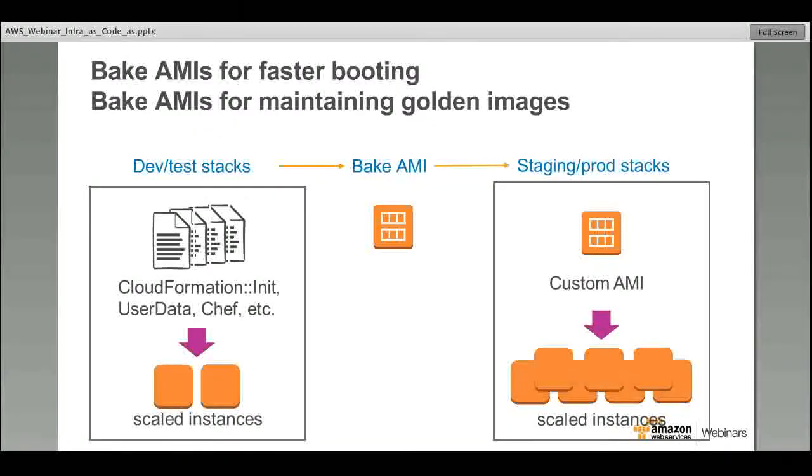An important thing to note from an infrastructure as code perspective is that if you are baking an AMI, then you need to make sure that you have some tracking system that can relate that baked AMI back to your CloudFormation init or Chef configuration. Because an AMI is going to boot faster, but once it's baked, it will be harder to find out what exactly is installed on the AMI.